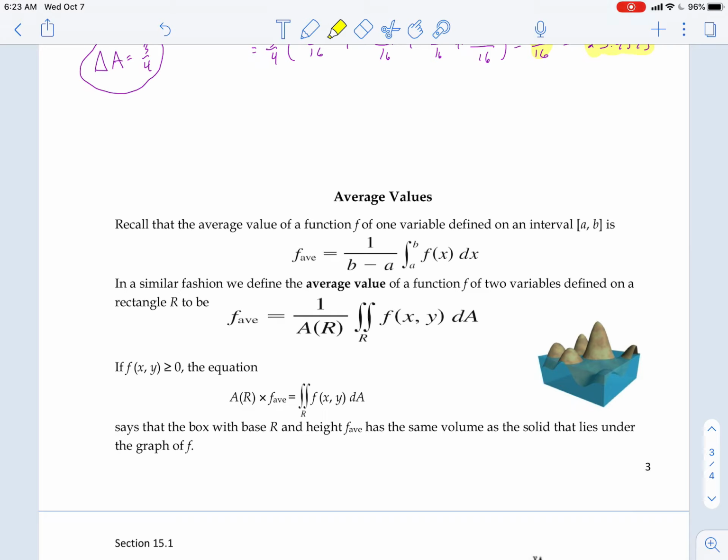It says if f of x, y is greater than or equal to 0, then we could say the area of our total times the f average is equal to the double integral of our function dA. It says that the box with base R and a height of the average height has the same volume as the solid that lies on